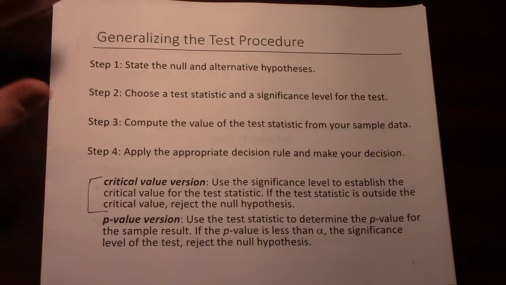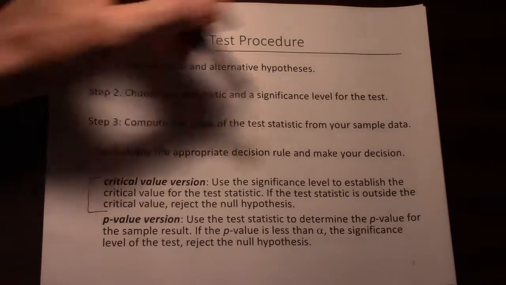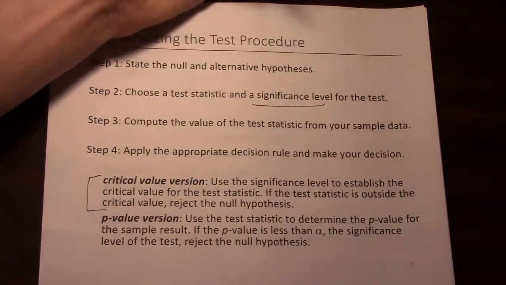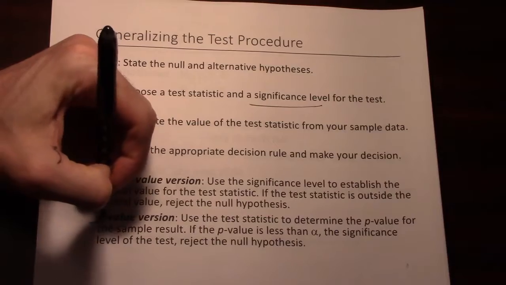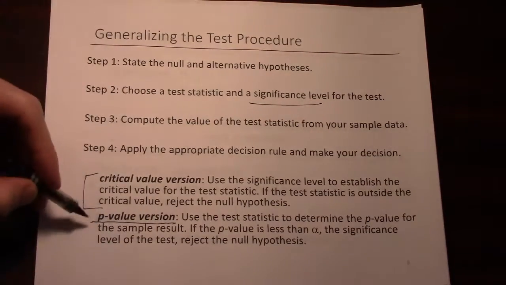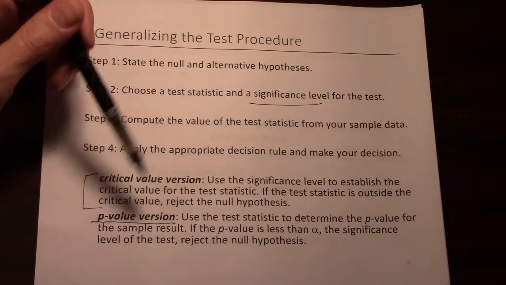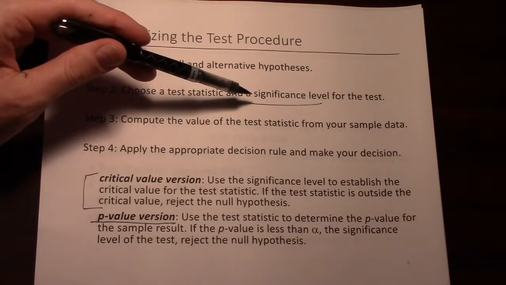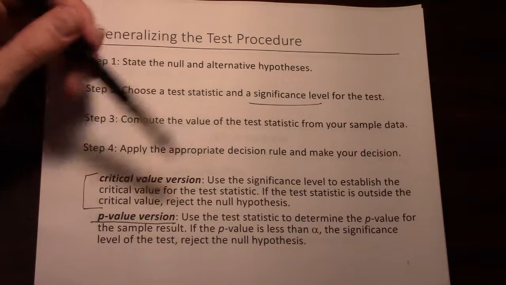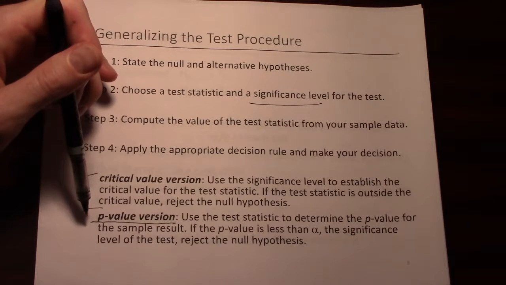We could also use the p-value version. Now, the significance level is our threshold for what we would believe for unlikely behavior. The p-value is the exact calculation for our test statistic, exactly how unlikely. So the significance level might be 10%, so anything less likely than 10% we reject. And our p-value tells us exactly how much less than 10% it is, or it could be greater than 10%,